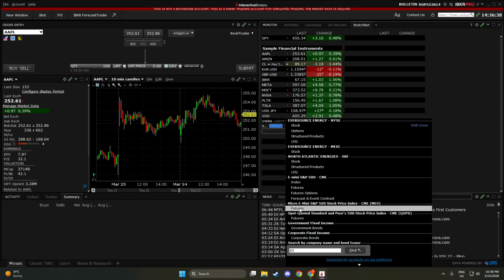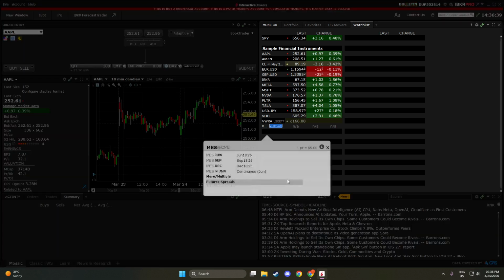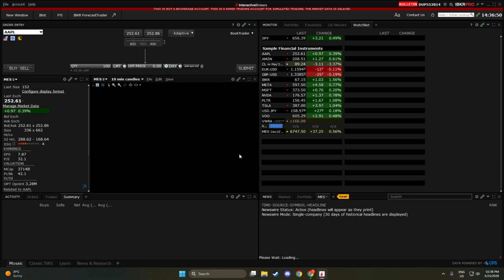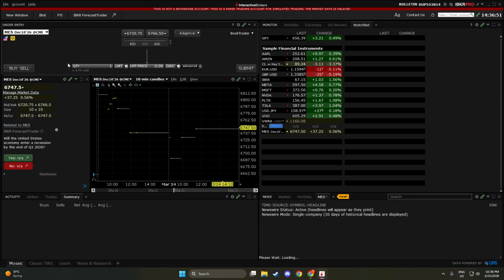Press Enter. TWS will open a selection panel with possible matches for the symbol you entered. From that list, choose Futures, then select CME. CME stands for Chicago Mercantile Exchange, which is the primary exchange listing for these S&P 500 futures. Picking Futures, CME ensures you're attaching the recognized exchange and contract type to your watchlist entry, which is essential for